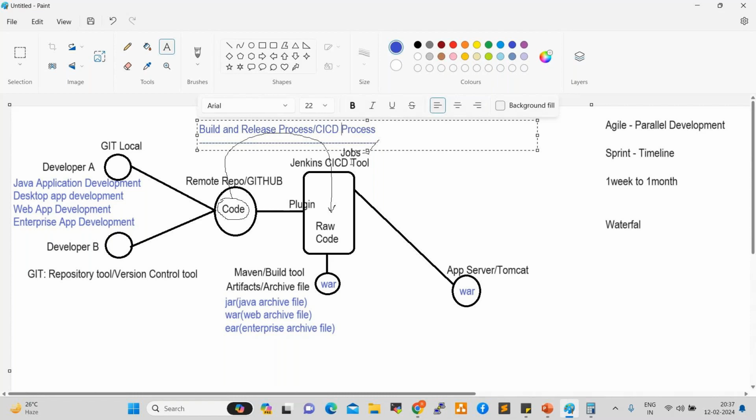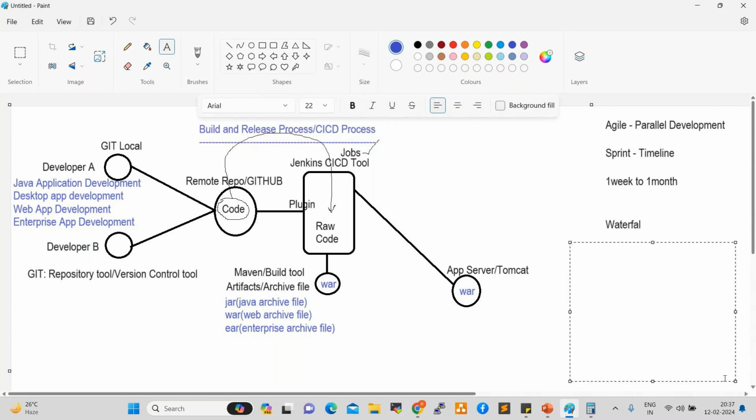Along with these tools, we are going to work on different advanced tools like Ansible, Docker, Kubernetes, Terraform, Grafana, Prometheus, and even JFrog also.